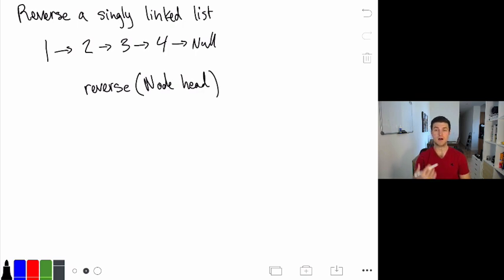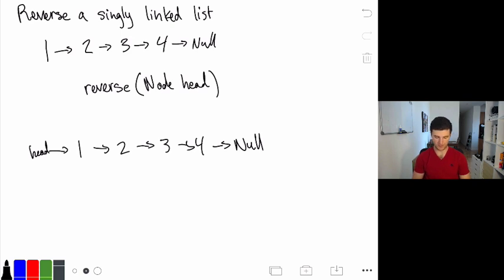In this case, we're actually modifying the list in place. And so you might be thinking immediately, we don't need to return anything. But remember, what does this actually mean? When we pass in the head, it means that we have a pointer. So this is our head, which points to 1, which points to 2, which points to 3, which points to 4, which points to null. And now when we reverse the list, what we're going to have is head